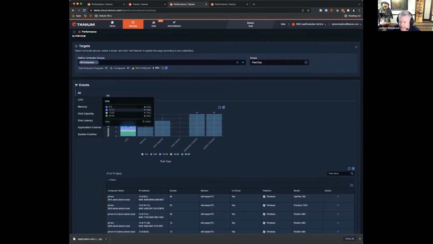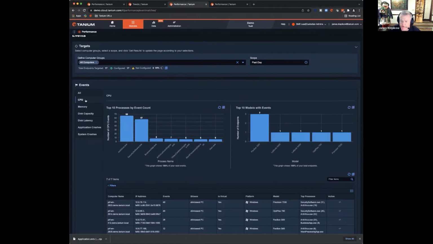This shows you how many endpoints had CPU events, memory, disk capacity, application crashes, system crashes. And then finally, we can actually drill down to each type. Here I can see that for CPU events, we'll list the top process associated with that event. So it allows you to not only determine what models had these type of events, but also who's actually contributing